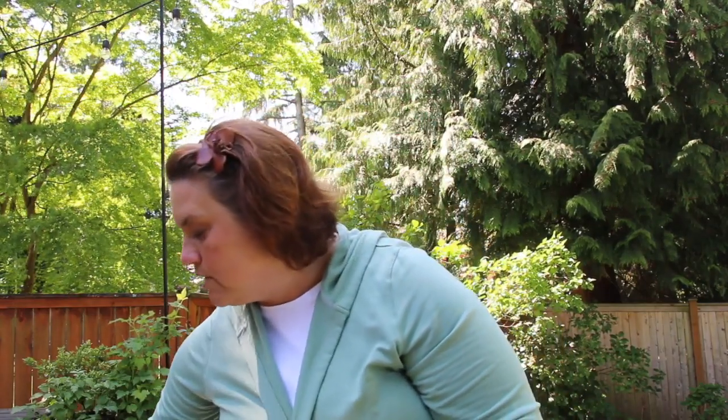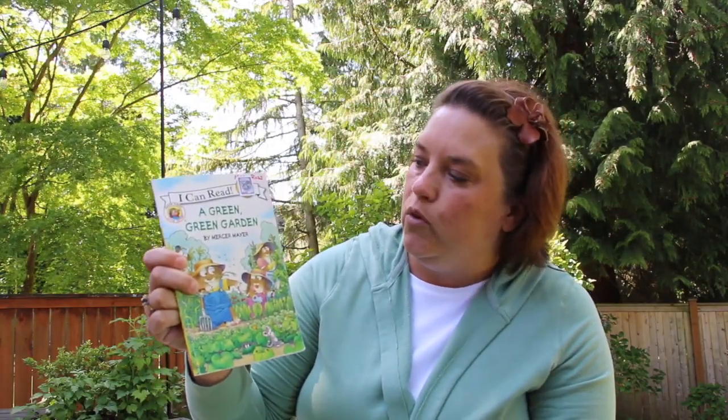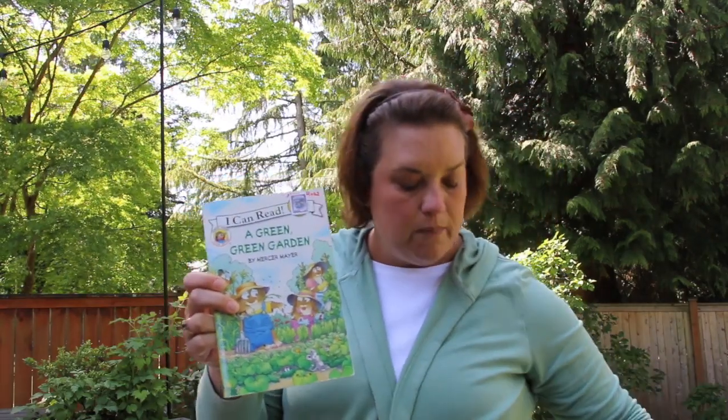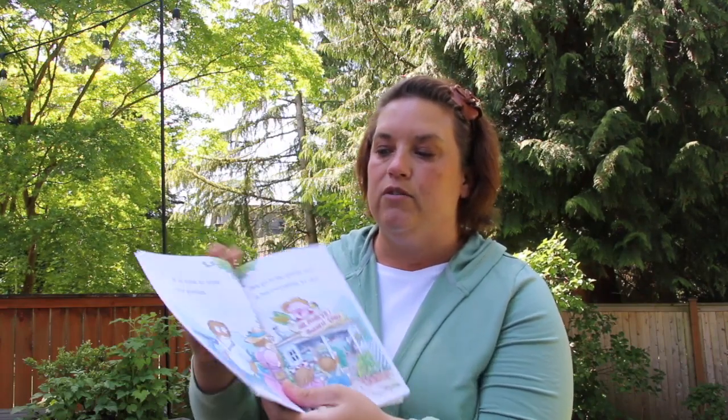So we were talking about nonfiction books, but one of the easiest ways to think about nonfiction books is to also think about what fiction books are. So I have this book. It's called A Green, Green Garden by Mercer Mayer. And in this book, it's a story about the critter family, and little critter is going to do some helping